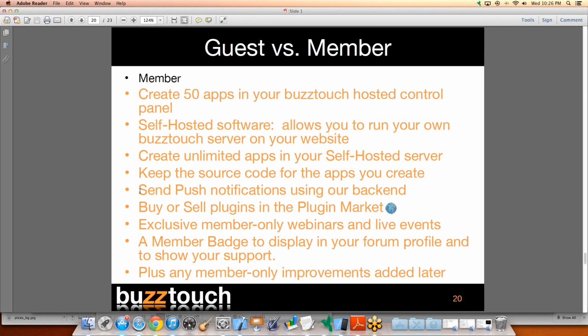So if you're a member, you will have in your control panel the ability to send push notifications. What that means is, if you've ever used an app, maybe Temple Run or something like that, and you launch it and it pops up a little tiny thing that says, hey, there's a new version, go download it, or, hey, we've created Temple Run 2, go download it. Those little notifications that pop up, or that put a little badge icon on your screen, that's what a push notification is. So if you're a member, you have the availability of using our backend. You don't have to add any more software to your app or learn how to integrate it into a Buzztouch project. You just go into your control panel, and